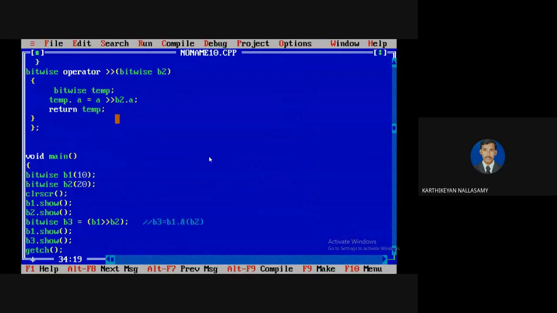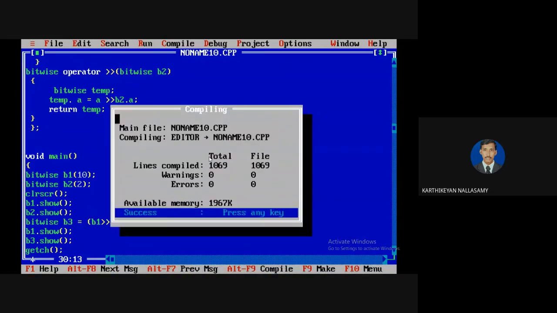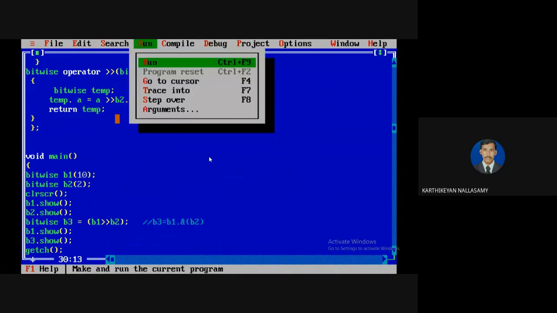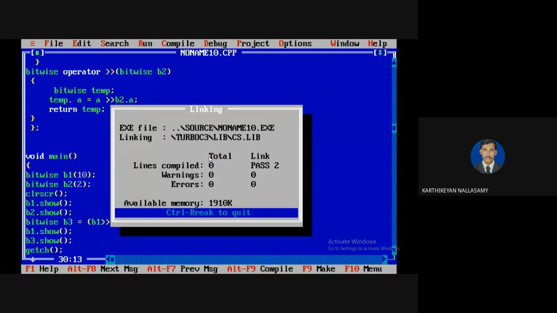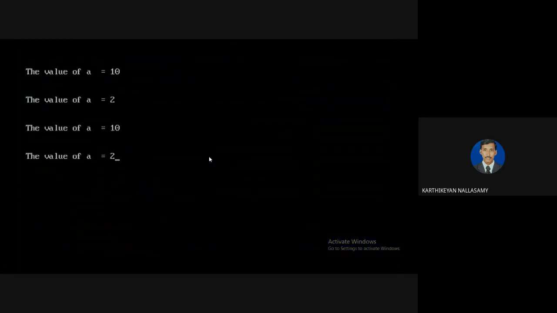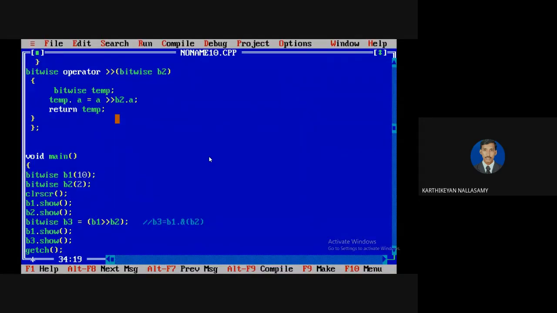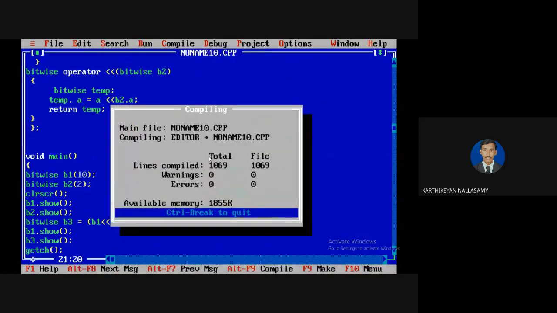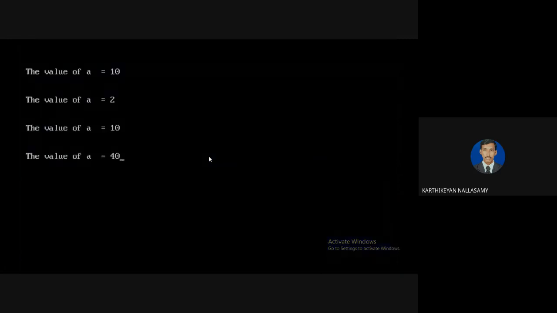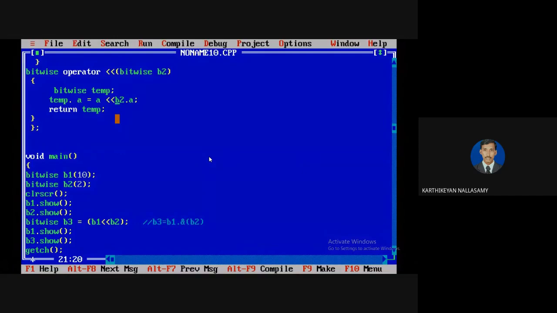So surely it is 0, because the size of your B2 was 20. If it is 2, surely the answer is 2. For B3 the answer is 2. If you want, you can apply the bitwise operator for this case. Because the value of B1 is 10, that is 1010, so you have to remove 20, so the answer is 2. But let's say I need to change here. Say there are 2 zeros added, so it is 40. 32 plus 8, so it is 40.